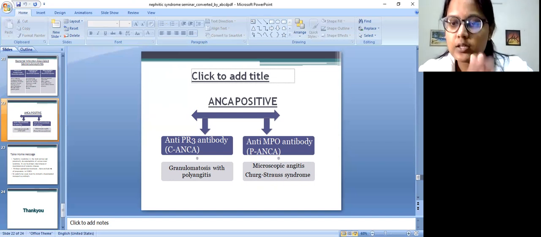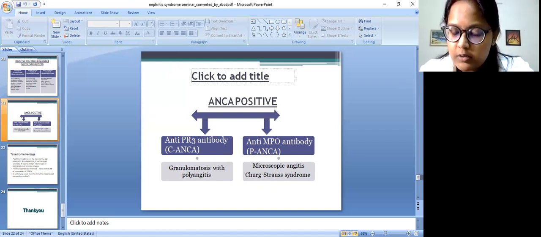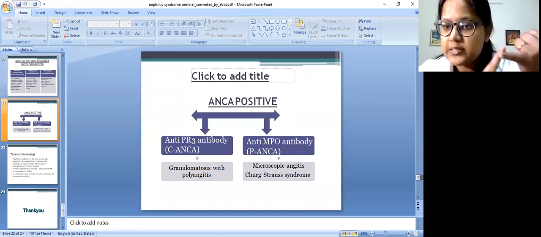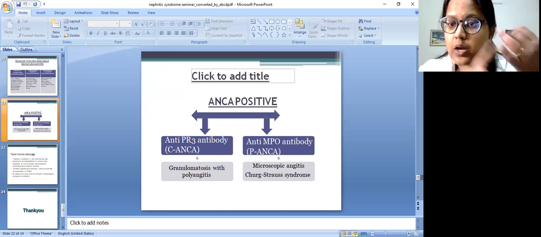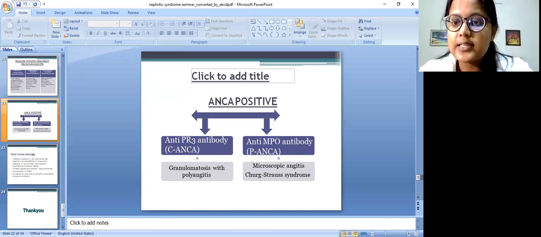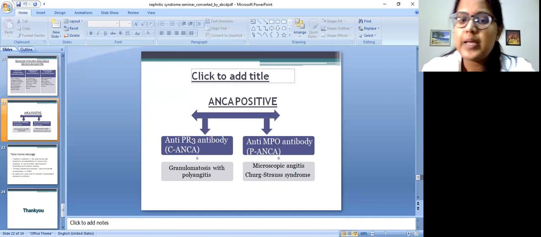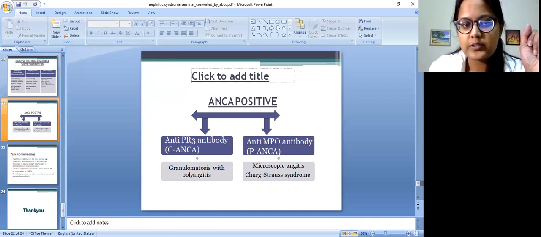These are three small vessel vasculitis. One is Wegener's, one is microscopic polyangiitis, and then there is Churg-Strauss syndrome. To differentiate these three causes, you will go for ANCA. If the patient is having sinus involved, nose involved, lung involved, along with nephritic syndrome, so that is the clinical triad for Wegener disease, right? So you will order C-ANCA. But if patient is having generalized skin involvement or the nephritic syndrome per se, then you will order P-ANCA and you will differentiate these two types of vasculitis with it.